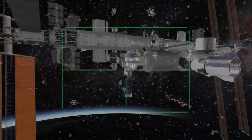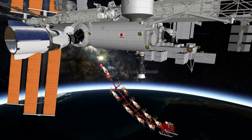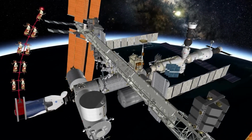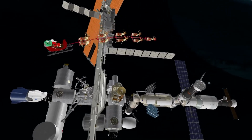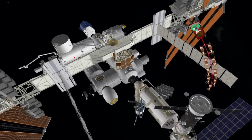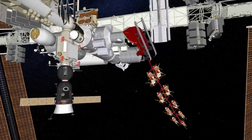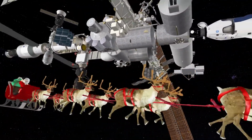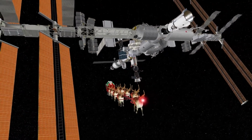Thanks to the magic of Santa's sleigh, he is making a special stop during his trip this year to the International Space Station. NORAD satellites have spotted Santa on a true path straight to the ISS and the astronauts who are living and working on board. Construction on the ISS began in 1998 and has been continuously occupied by astronauts since the year 2000. Orbiting at almost 250 miles above the surface of the Earth, astronauts on board conduct scientific experiments designed to enhance future on-orbit missions. You can continue tracking Santa at our website at